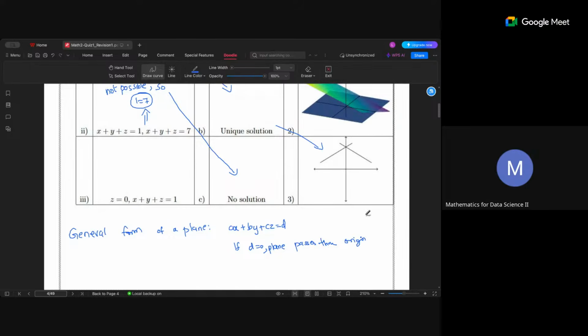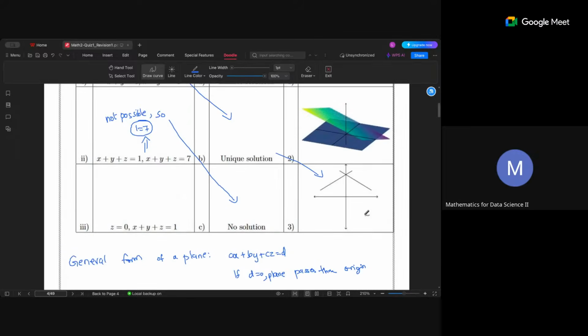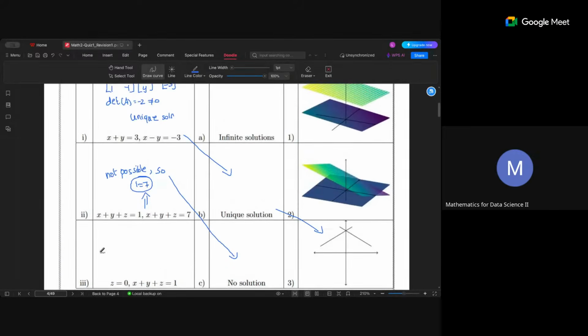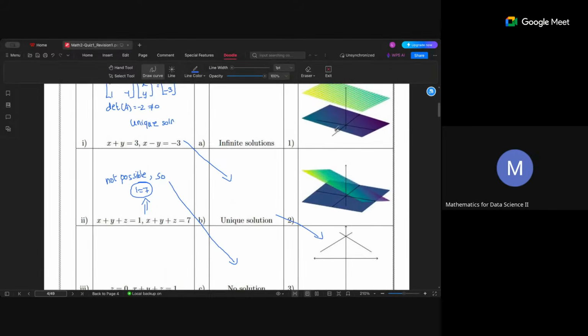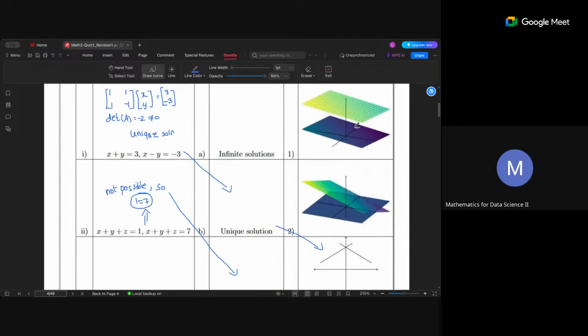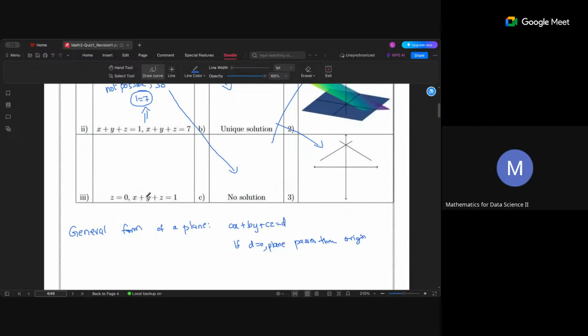Okay, so here you see that this represents two parallel planes. Here we have no solutions because they are parallel planes. They do not intersect. Okay, and for this one, here you have z equal to 0 and x plus y